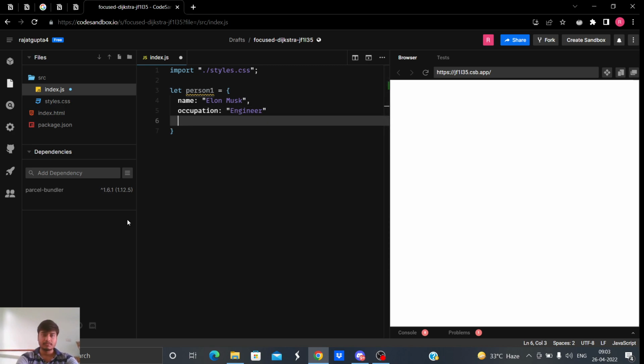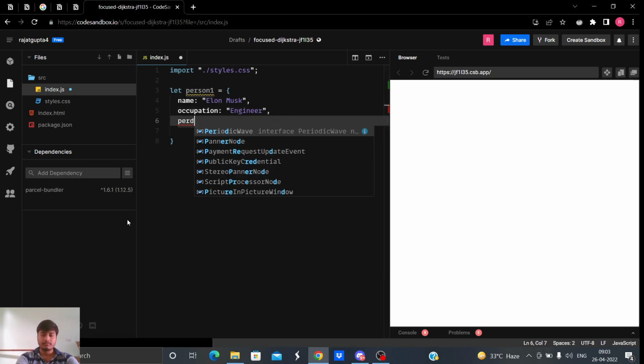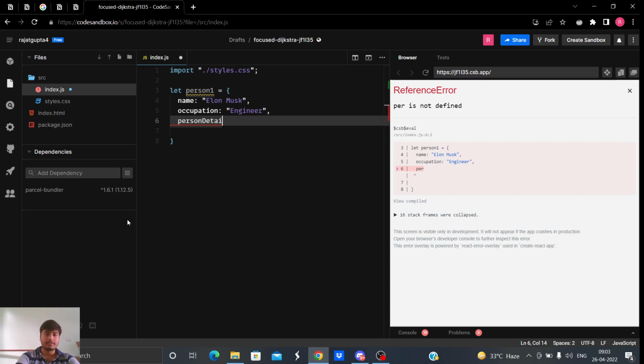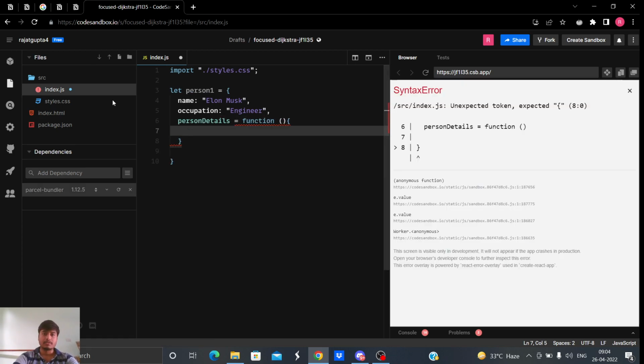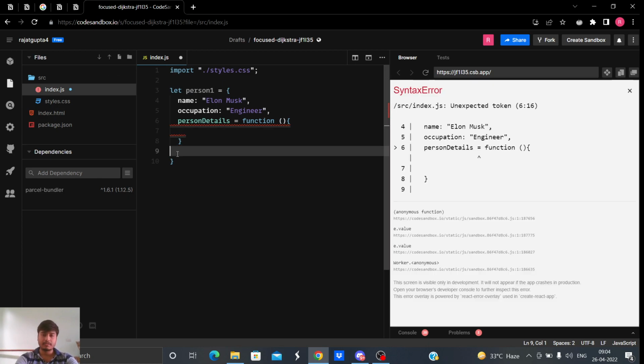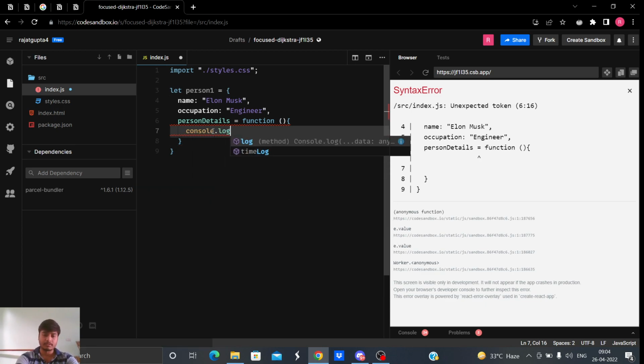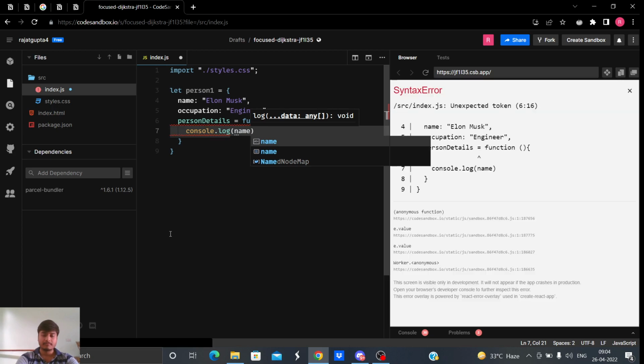Let's have a method. Inside this person1 object, we have a method called person details, which will just console something: console.log, name.